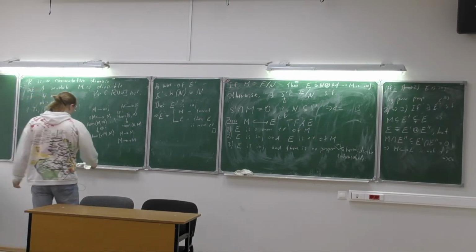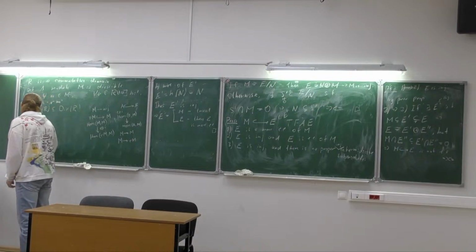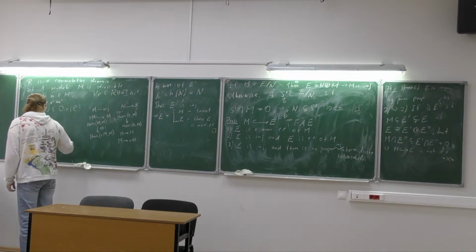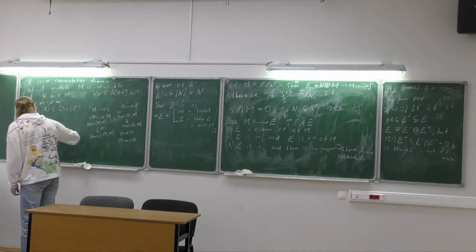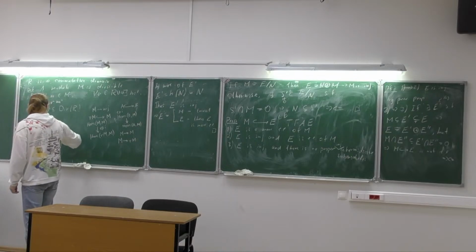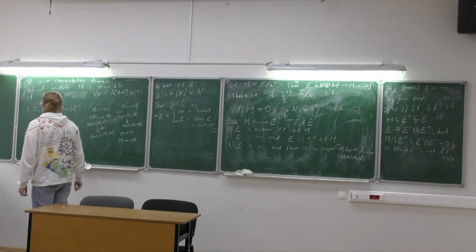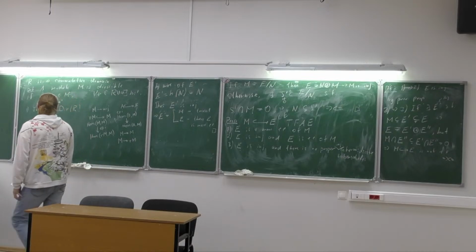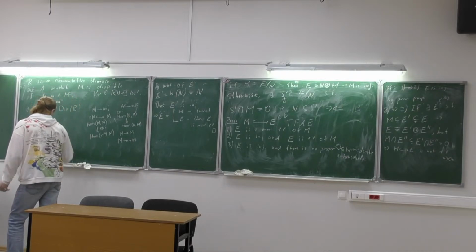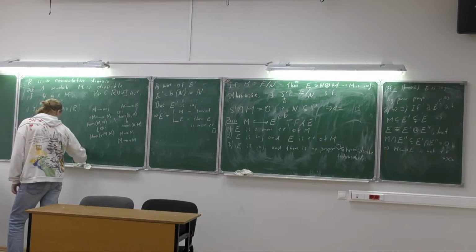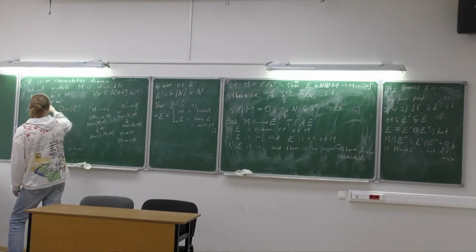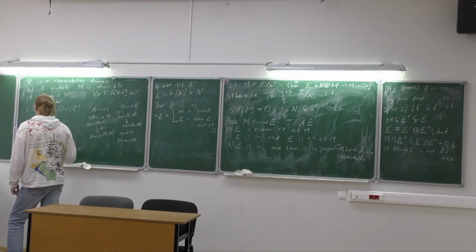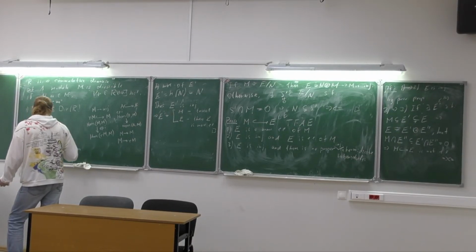So we'll use Baer's criterion. We know since M is injective, for any ideal E in R, and for any map F, there exists a map G such that this diagram commutes. Let's take E, B, R, R. Then R maps F, suppose F maps R to M. So we take M, we map R to M, and since this diagram commutes, there exists G, and G must